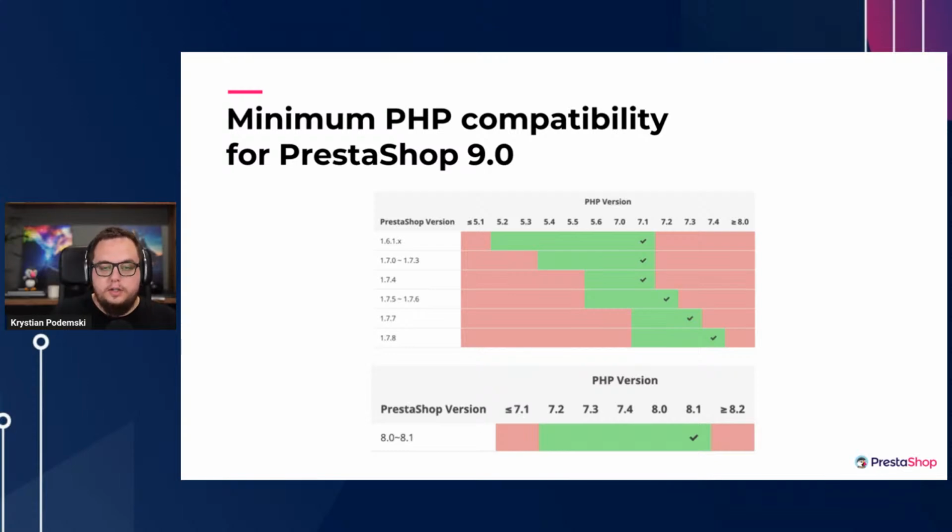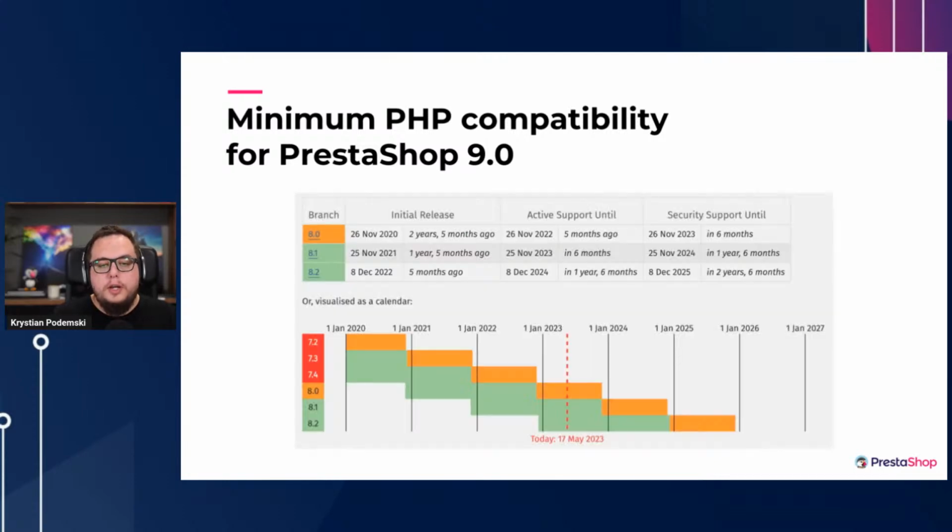The thing is, as I will show on the next slide, there's no security support for those versions anymore, so it's important for the project to move forward. As we can tell on the next table, support for PHP in PrestaShop 8 is between 7.2 and 8.1, which is quite a bit better. But if we take a look at the PHP chart, which shows the currently supported versions, the versions that are no longer supported, and the versions that are supported only with security fixes,